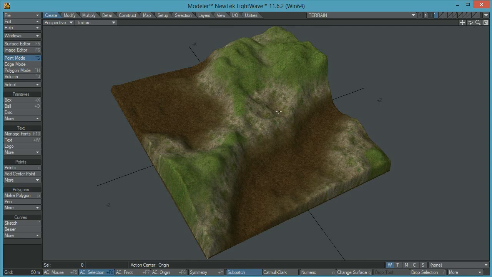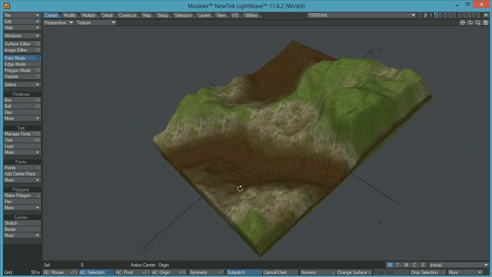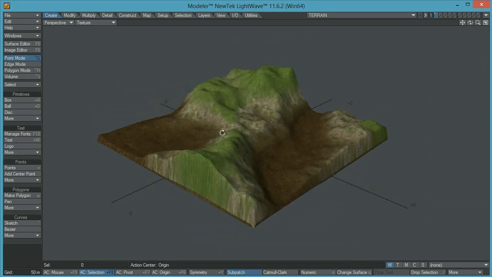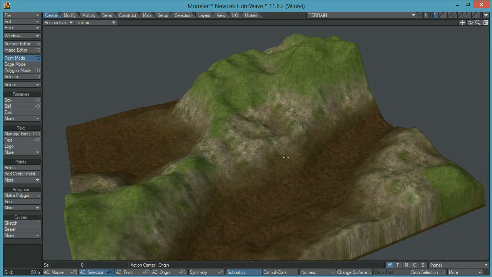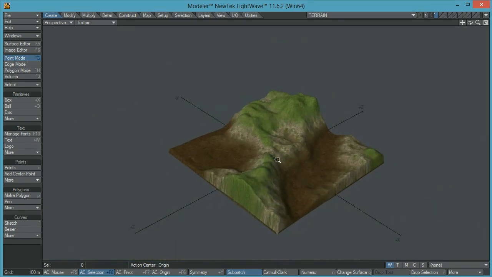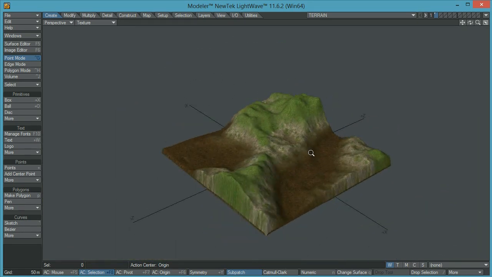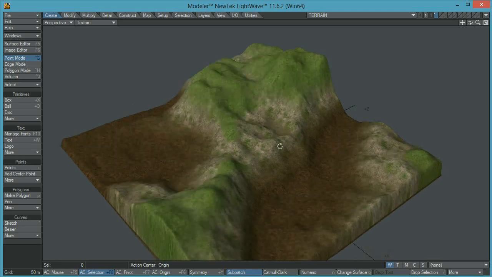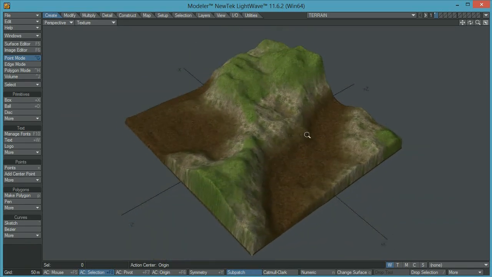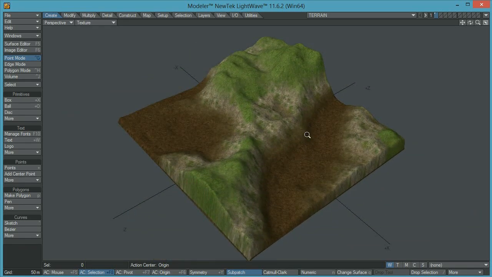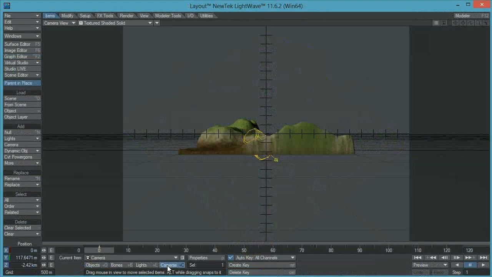So let's begin. Whenever I'm going to texture something, I like to go to layout and use the VPR just to get a real clue on how the textures are looking from the camera. So I open up the terrain where we left off in the last tutorial, and now I'm going to send this to layout, so I'll see you in layout in a second. Okay,